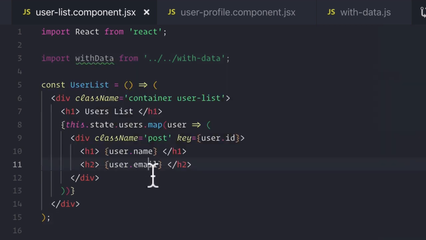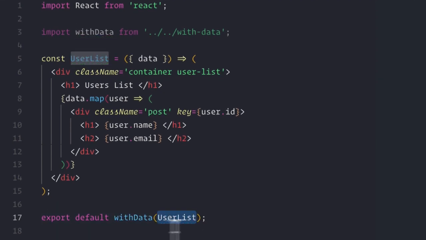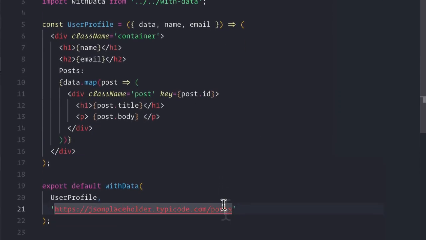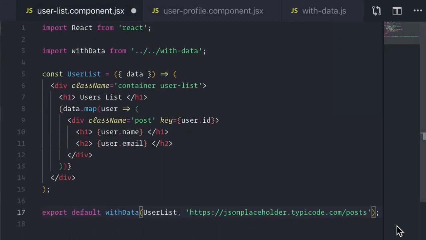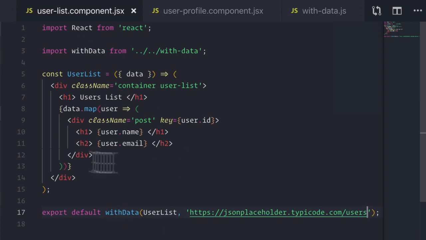And then we know that we are going to get this users as our data. And now instead of users, we're just going to map data. And make sure to wrap our function with data. And we just need to make sure to pass in the same URL, except with users instead of posts. And if we check, we see that we got the same functionality, except we're getting it without having to repeat